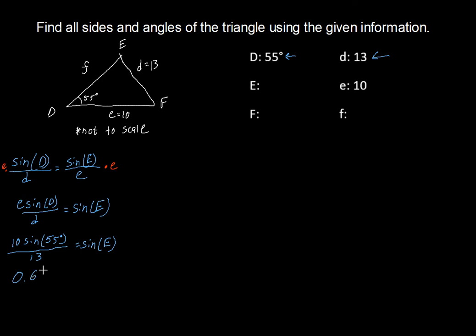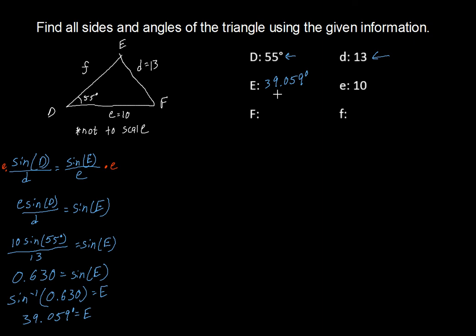So the reason I said that now is because I found out that 0.630 is equal to the sine of E. And there's a lot of people that look at this and say, well, 0.630 is a really small angle. How can that be? And you're right, because our angle is not 0.630. The sine of our angle is that. So to get just the capital E by itself, you take the inverse sine of both sides, 0.630, and this will give you your angle of 39.059 degrees. So that right there is my capital E,